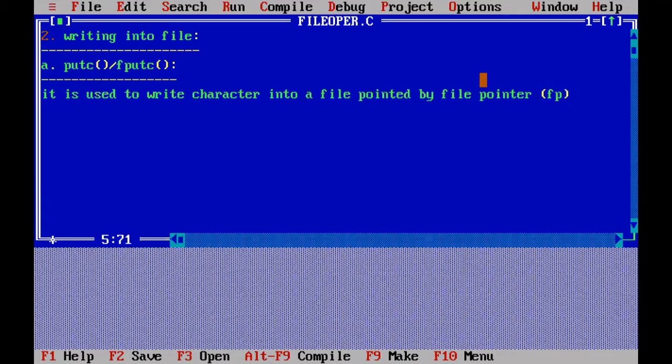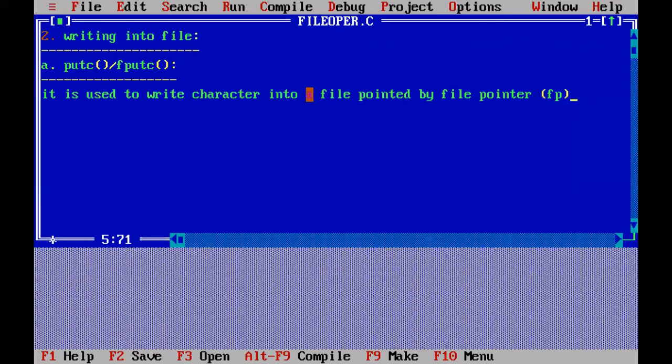So when we are opening a file, we use the fopen function. The fopen function takes two arguments. The first one is the file name, the second one is the mode of the file: reading mode, writing mode, or appending mode. With these two arguments, the fopen function opens the particular file and returns the file pointer to that file, to the left side. That we hold with the variable fp, which is a file pointer.